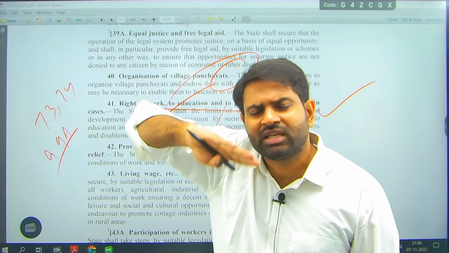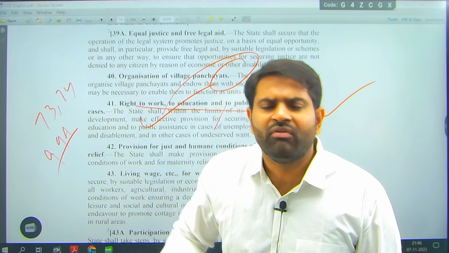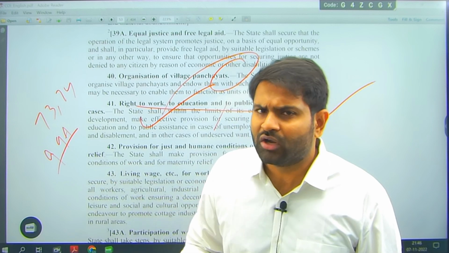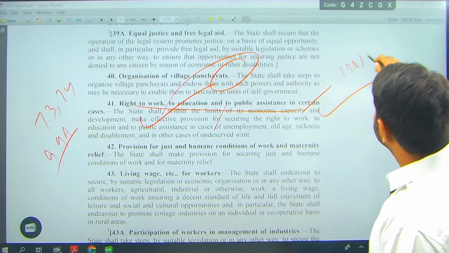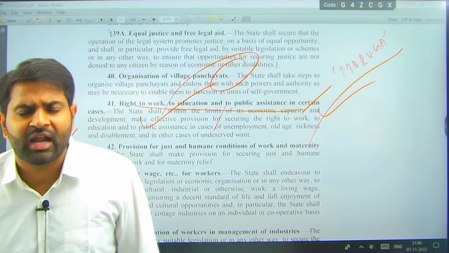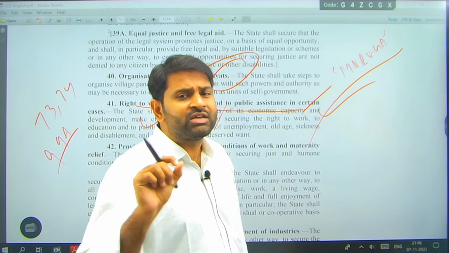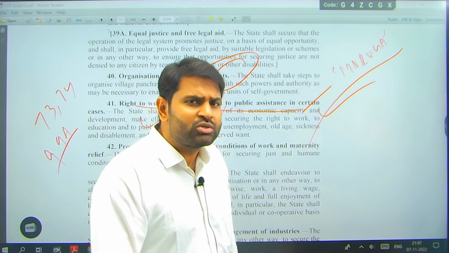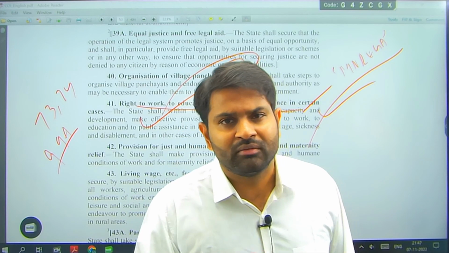This can be a possibility in developed countries. We are not a developed country. If we were in Finland or Norway, they have the right to work. We don't have the right to work, but we have the right to work in law. MGNREGA, the Mahatma Gandhi National Rural Employment Guarantee Program, is giving 100 days of rural employment. 100 days of guaranteed employment. That is considered the right to work, but it is a legal right. It is also a constitutional right, but it is not a fundamental right. Remember, only 100 days of work is given.